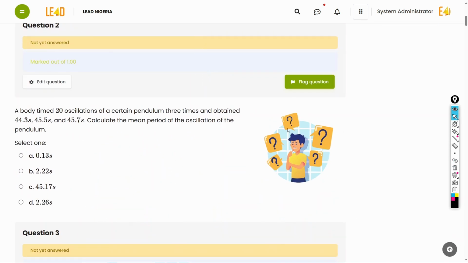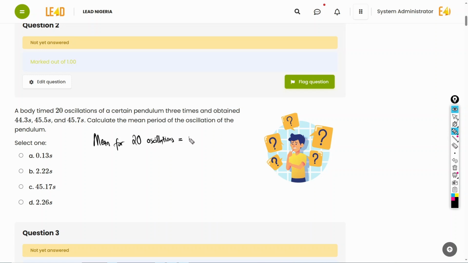Let's take question 2. A body timed 20 oscillations of a certain pendulum 3 times and obtained 44.3 seconds, 45.5 seconds, and 45.7 seconds. Calculate the mean period of the oscillation of the pendulum. Okay, so it was 20 oscillations, and each time the 20 oscillations gave something different. So the first thing we need to do is calculate the mean of the 3 of them. All right, so we need to calculate the mean for 20 oscillations,